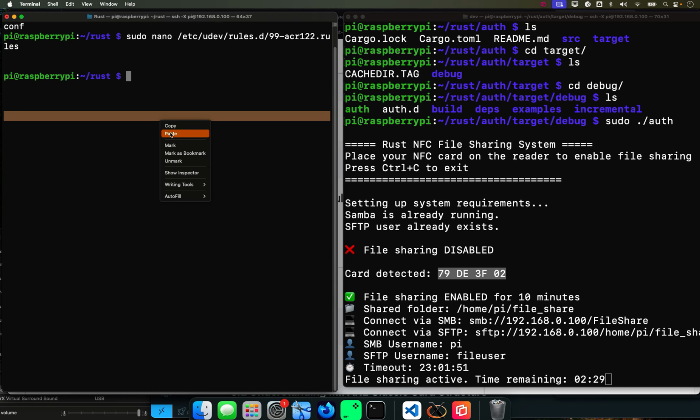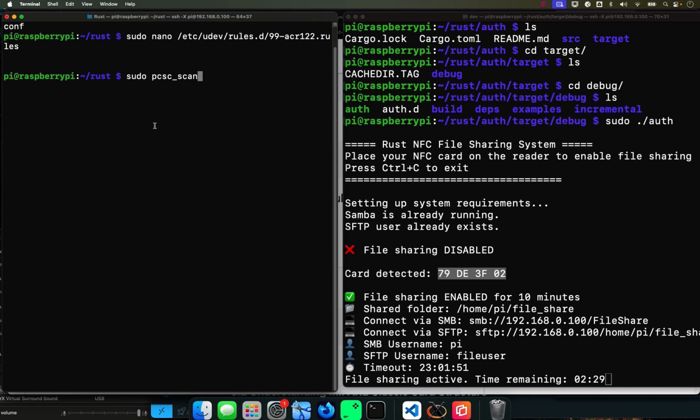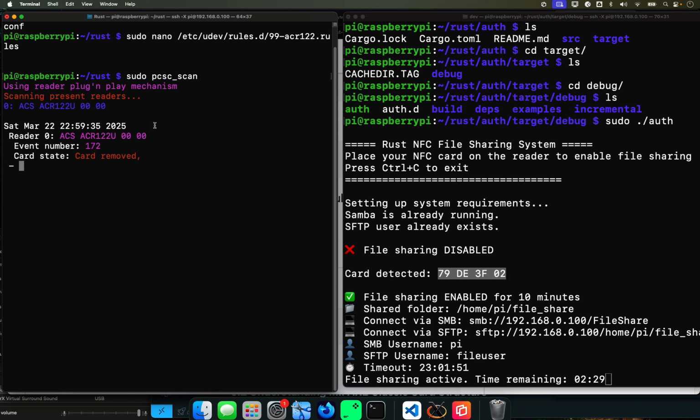And to test it, you just do that sudo pcsc_scan after downloading all this stuff. And if you get that, you're golden, because that means it's working. It's waiting for a card. So now I enter a card,